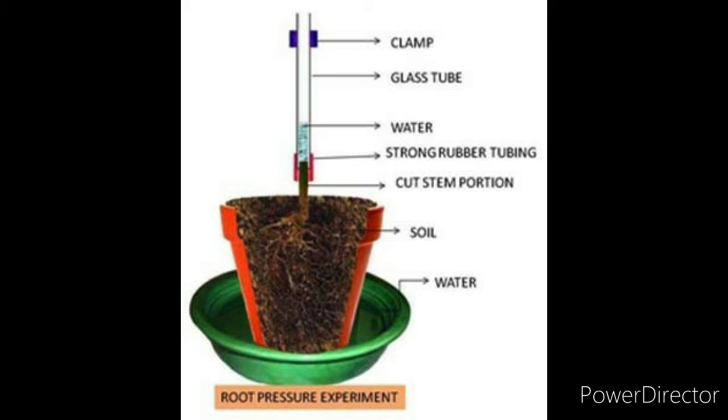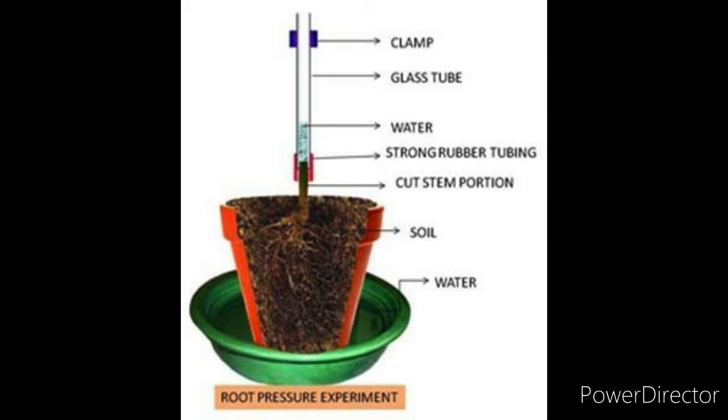Then observe and mark the water level M2 in the tube. What difference will you find here? The difference between M2 and M1 indicates the level of water raised. Right, children? When you pour the water, the level is M1. When you observe the second time, you mark M2. The difference between M2 and M1 indicates the rise in the water. Observation: there is an increase in the level of water raised in the stem, because the rise in the water level is due to the root pressure created in the plant.